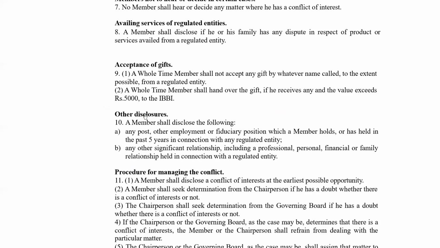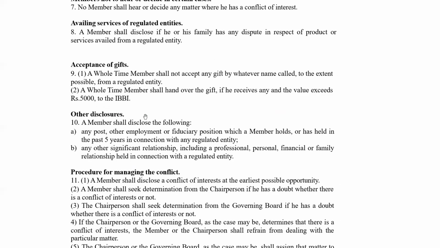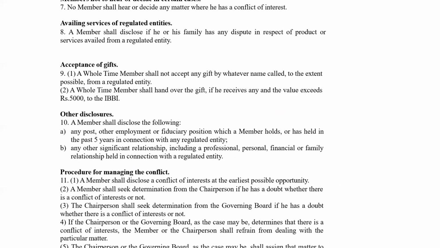एक्सेप्टेंस ऑफ गिफ्ट्स, ये इंपॉर्टेंट है, इसके ऊपर कई बार सवाल पूछ लेता है। ये कहता है, a whole time member shall not accept any gift by whatever name called to the extent possible from a regulated entity. A whole time member shall hand over the gift if he receives any and the value exceeds rupees 5,000 to the IB। ठीक है, तो इस वैल्यू पे सवाल कई बार पूछ लेता है। बस इतना ही है। अब हम चलते हैं दोबारा अपना